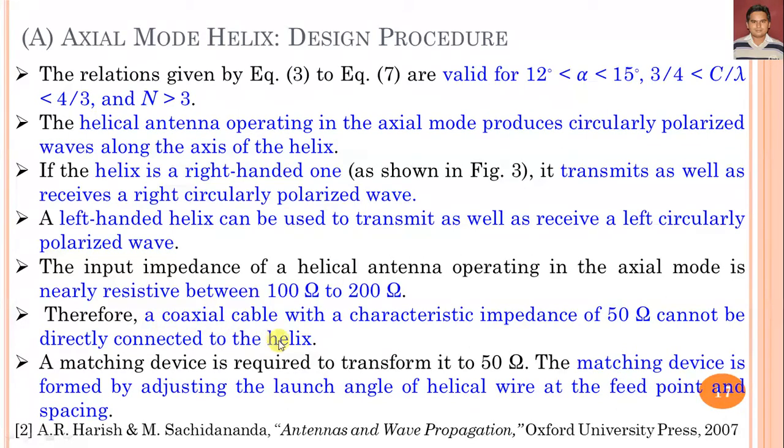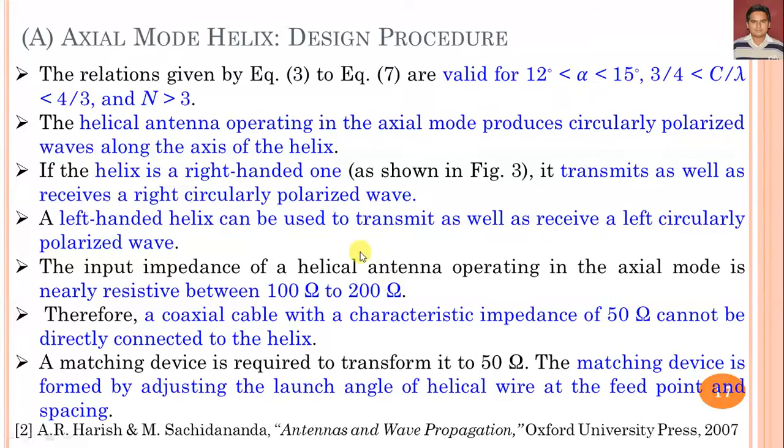So a coaxial cable with its characteristic impedance of 50 ohm cannot be directly connected to the helix. To match the impedance of a standard 50 ohm coaxial cable to the input impedance of the helical antenna,